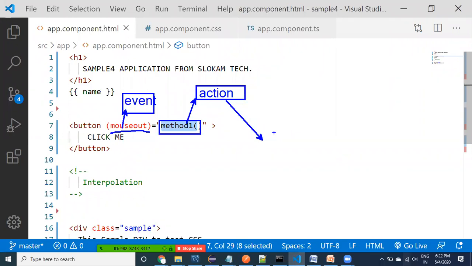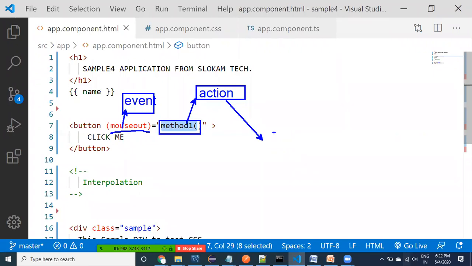We can increase the size of a button, or increase the size of the div class, or change the color of anything. We can change the position of anything. We can do some animation, or hide something, or display something.